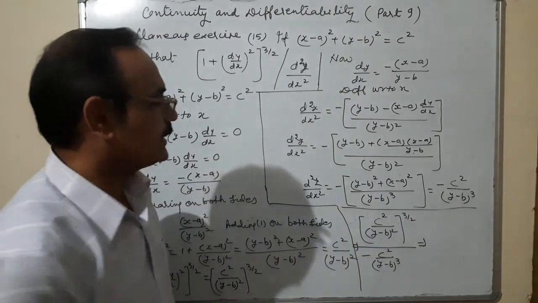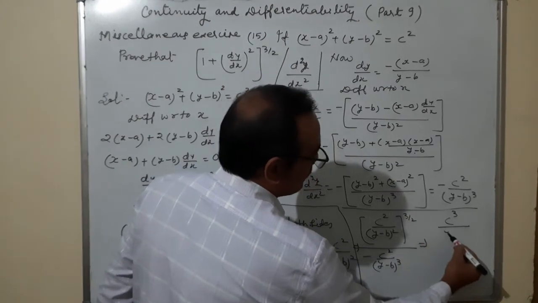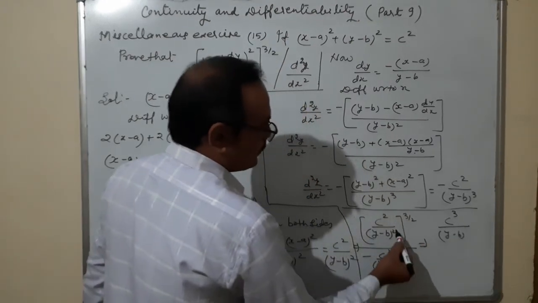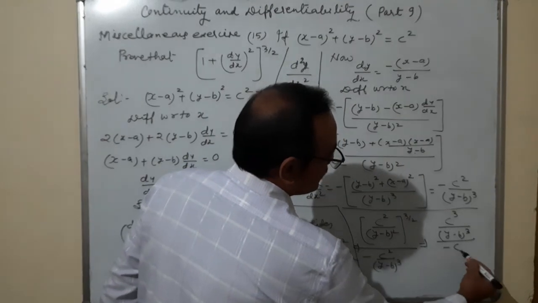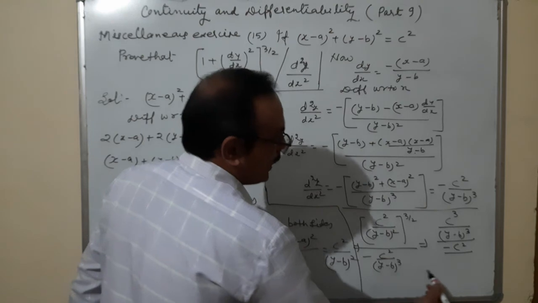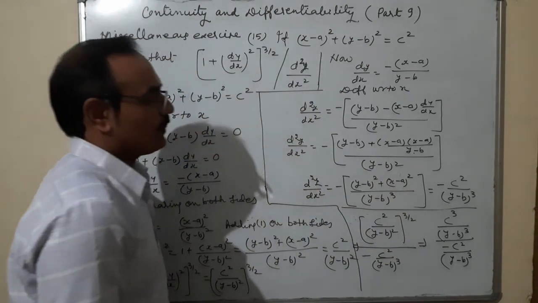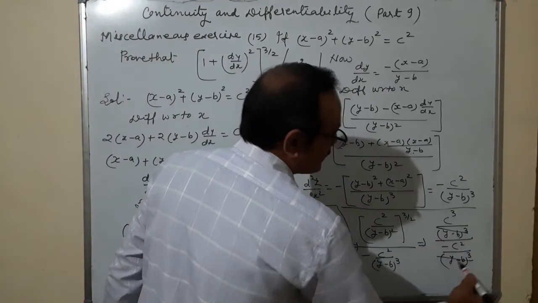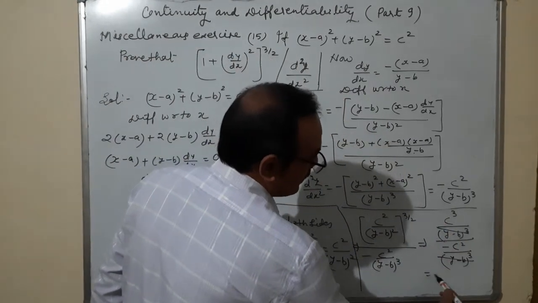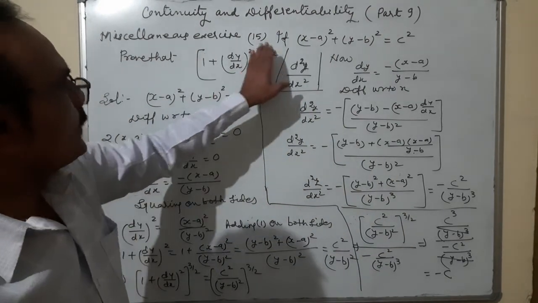2 cancels, c cube upon y minus b to the power 2 to cancel, 3 upon minus c square and y minus b to the power 3. Is it okay? Y minus b to the power 3 is cancelled, minus sign, so the answer is minus c. Okay, so the value that is coming is